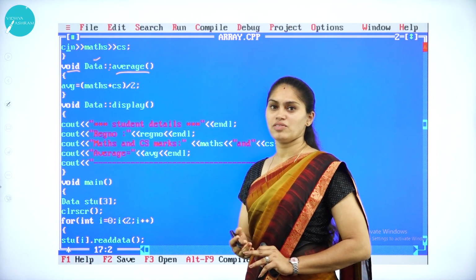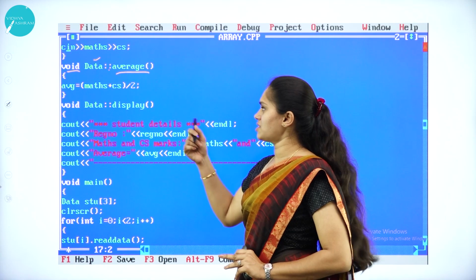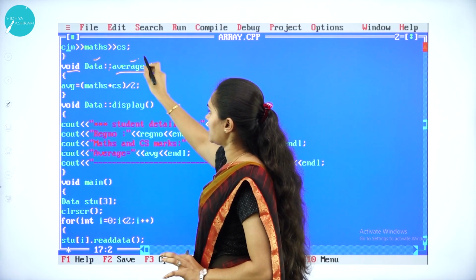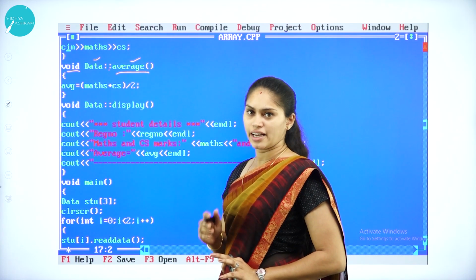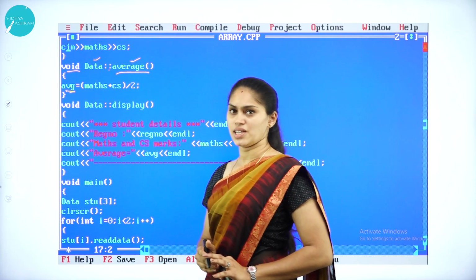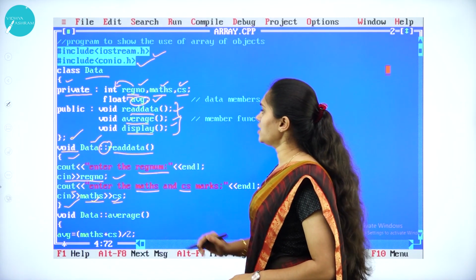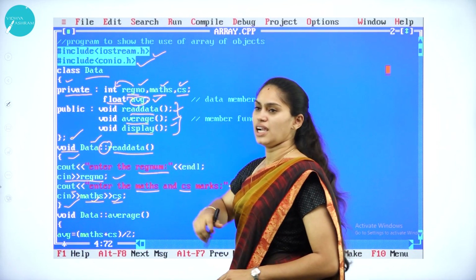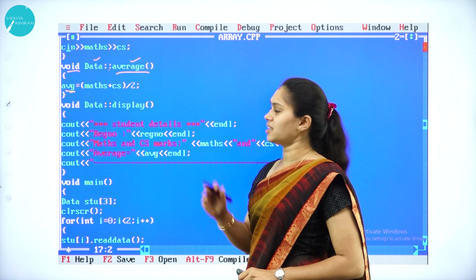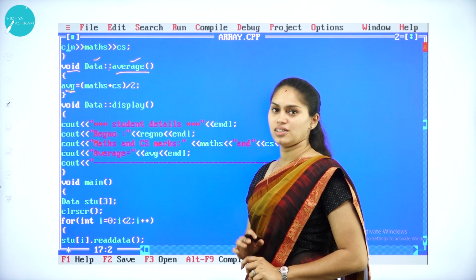To define the member function outside the class, we need to use this scope resolution operator. Okay, and I am specifying the name of the member function, that is average. After that, I have one more variable called average of the data type float, because it is going to give a fractional value, so I am going to declare this average as a float data type.